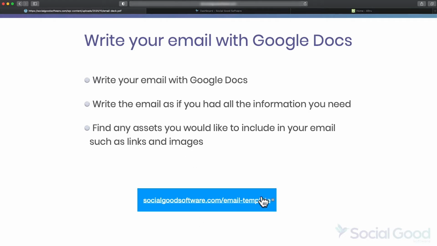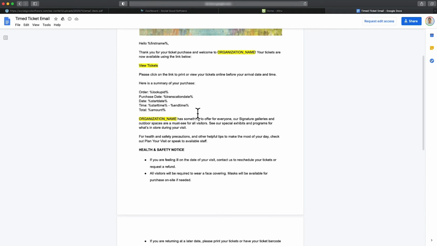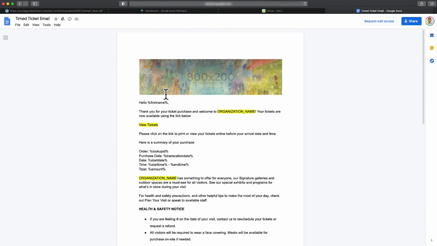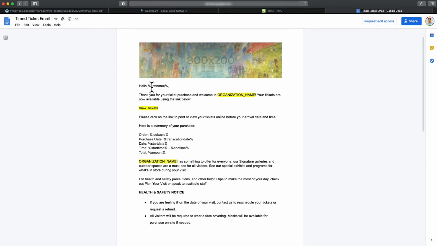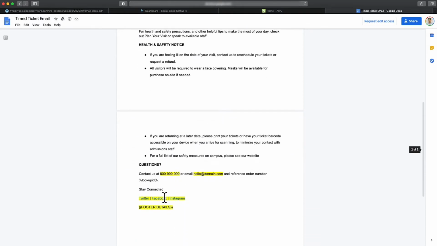But what I wanted to do is give you a template where you can get a little head start, so you're not starting from scratch. So let me show you this template. Here's a template that we put together for you. This template is pretty simple. It just simply gives you the header, and it gives you the header image size. You can send this off to your designers, and they can send you an image that you might want to use. And then we just gave you some boilerplate copy for you to be able to start writing